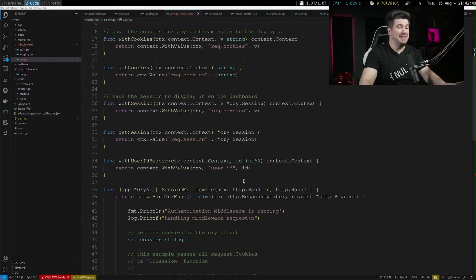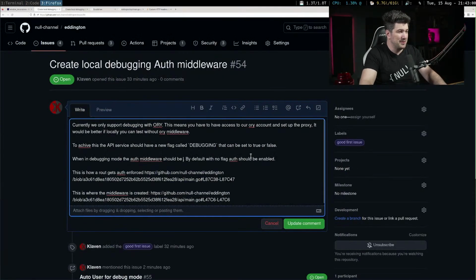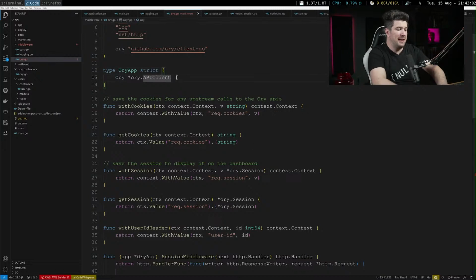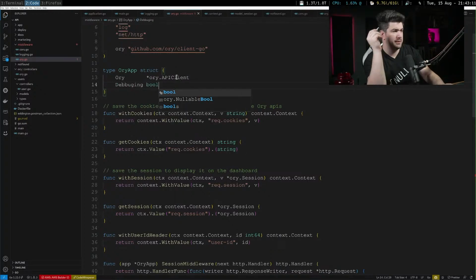And if it's debugging, this middleware is our own auth middleware. I think we do that. We just make this an auth middleware. That's what I would do. Because then we can have debugging here, and this solves.